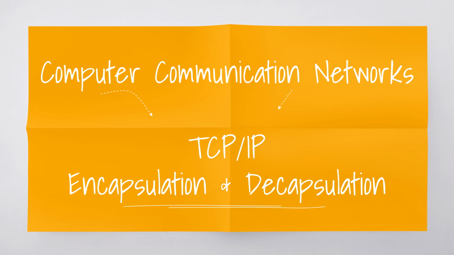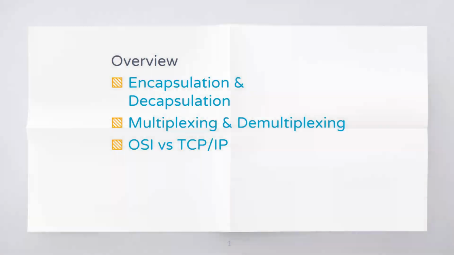So till the last video we discussed the TCP/IP protocol suite and the individual layer operation or the functionalities. In this video we shall be discussing the encapsulation and decapsulation process. So this video will cover the concepts of encapsulation and decapsulation, followed by the different addressing schemes overview. Then we will be discussing multiplexing and demultiplexing, and finally one of the other models that has been proposed, that is open system interconnect and its comparison with TCP/IP.